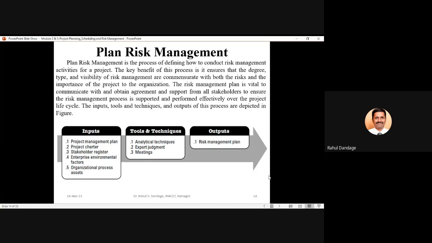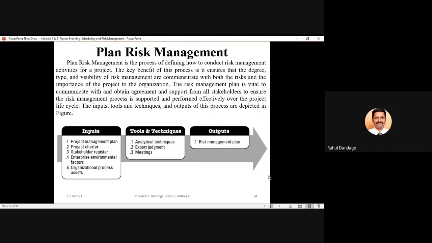The inputs we require are: we should have the project management plan with us, we should have the project charter document, we should have the stakeholder register, we must take enterprise environmental factors into consideration, and we should also take into account the organizational process assets.